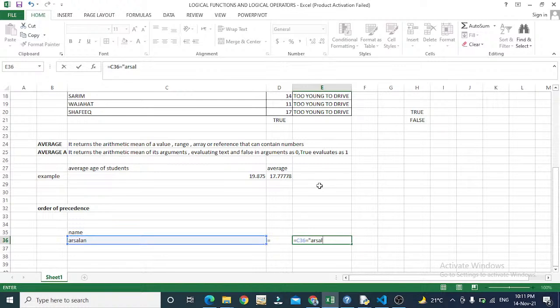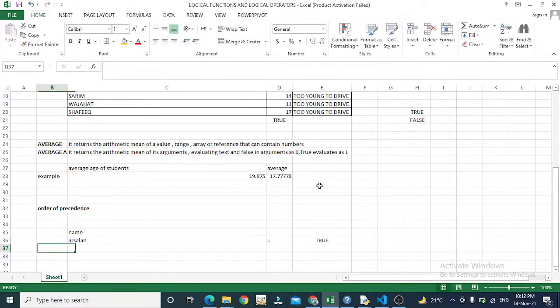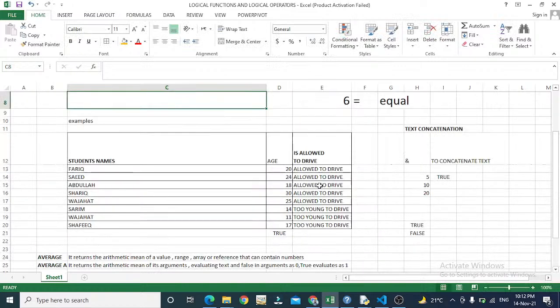So it will test this. So it is true. It has tested that these two are equal to each other. The text written in this cell and the text written in this formula of the comparison operator are the same. So the first test is done, and in the second test, what we have to do,